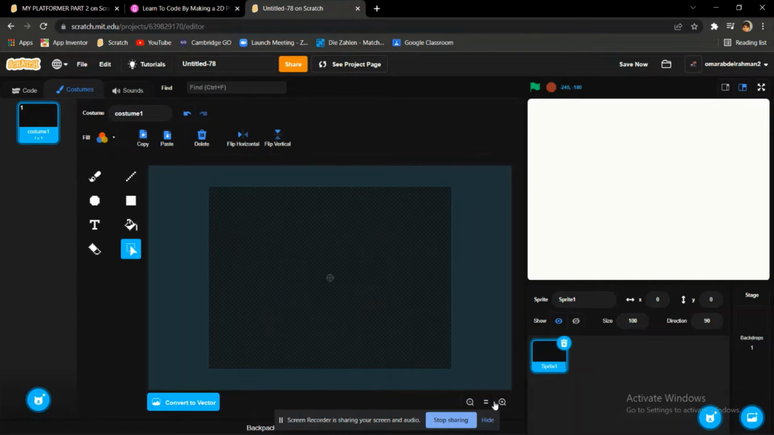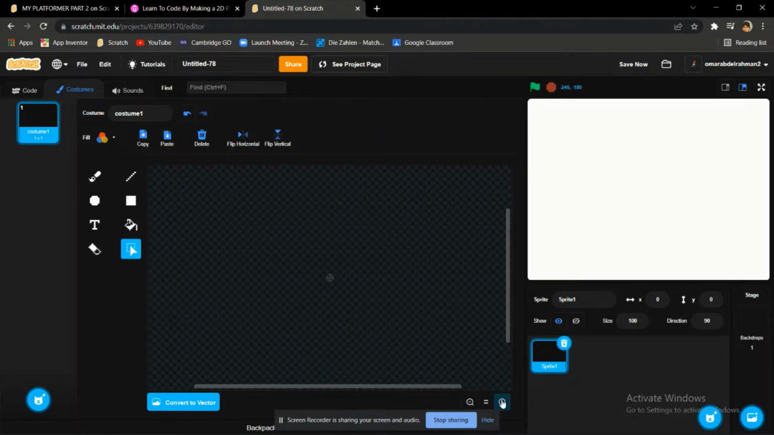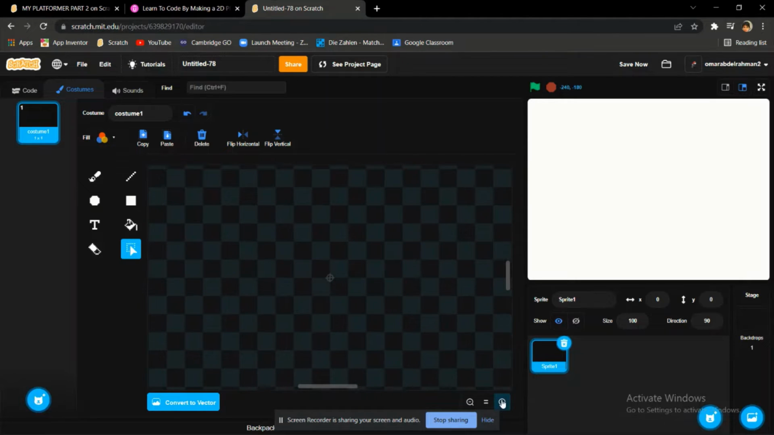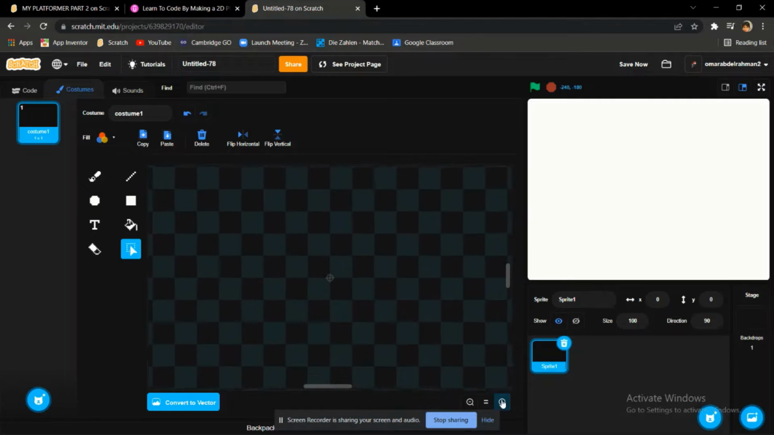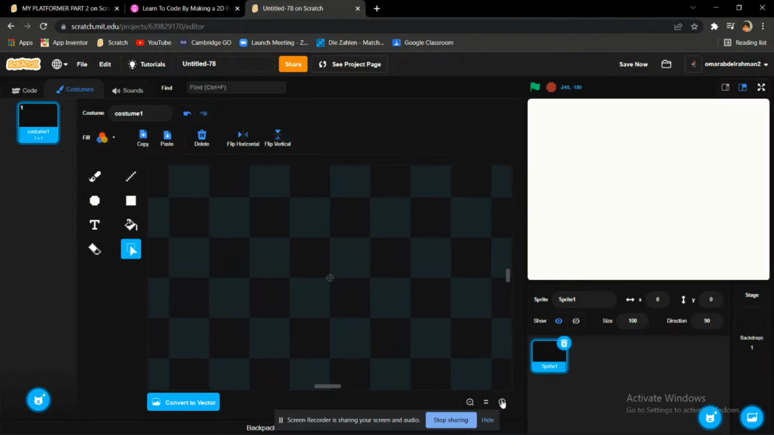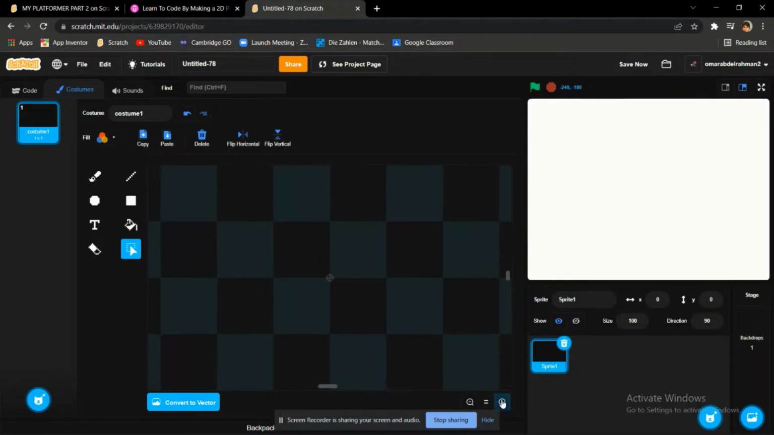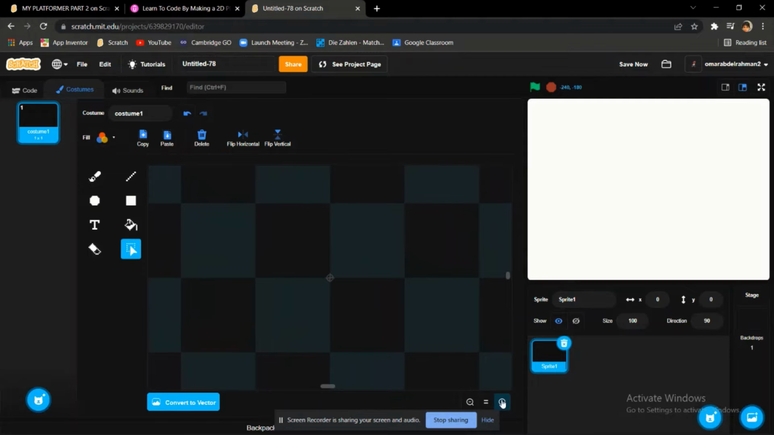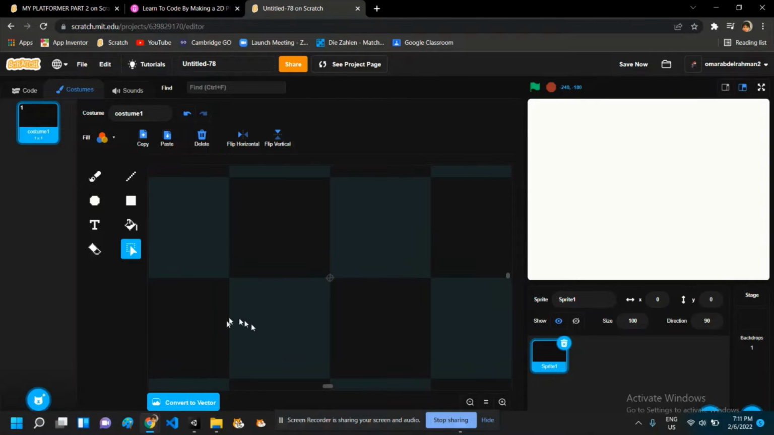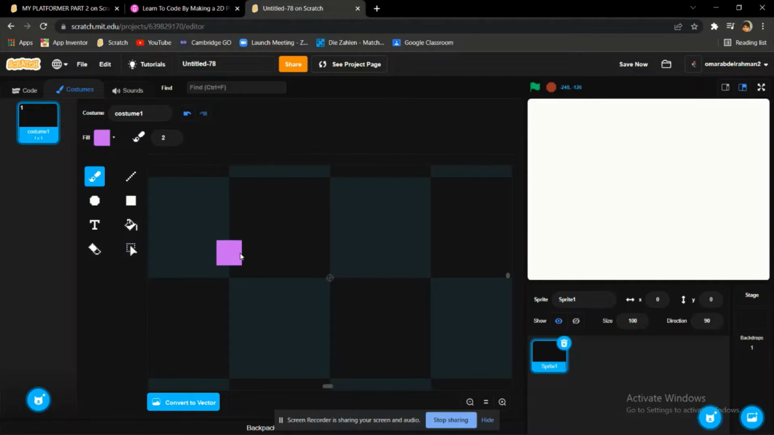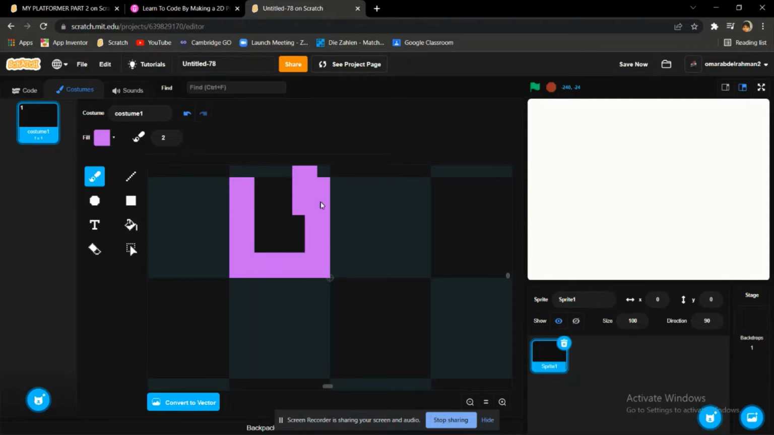Now convert to bitmap mode before you do anything. Then you keep pressing the zoom in. When you're zoomed in and you feel that's enough, then just grab this and you'll have an official thing. Now, as we continue building each one,